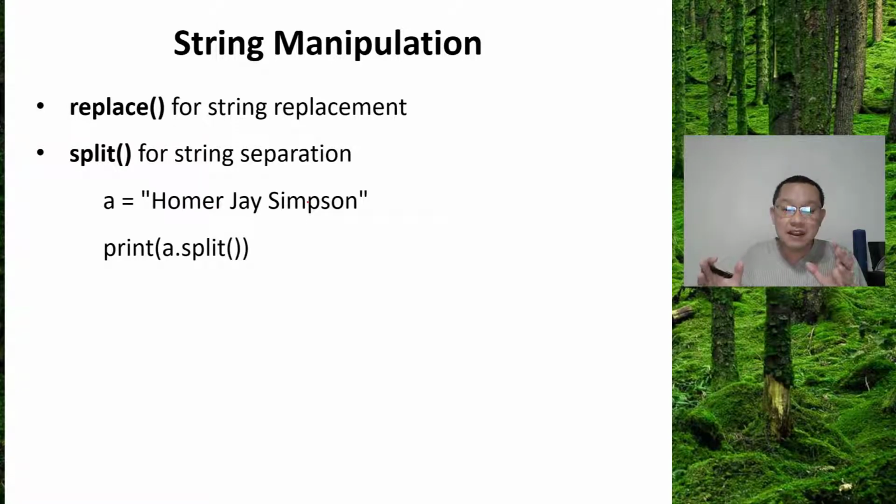representing the name of a person, which was assigned to a variable A. So if you split this string, Python might split it by a white space character, or a space bar, into 3 small strings. Homer, the second one J, the third one Simpson. See, when you use the function,